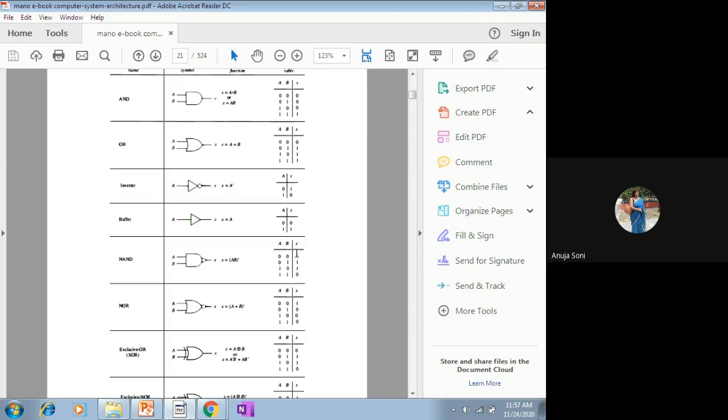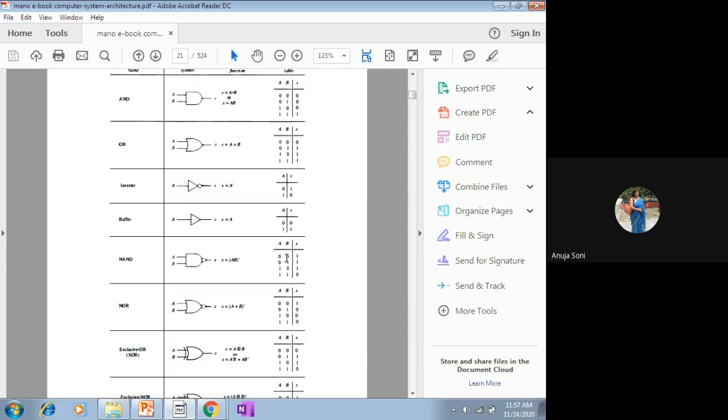And similarly, we have the truth table. Again, two independent variables are there. So how many min terms will be there? It will be 2 raised to power 2. That means there will be 4 min terms. And correspondingly, there will be one output value. What are the corresponding combinations? Again, similar combinations as earlier we have used: 0, 0, 0, 1, 1, 0, and 1, 1. And what value is derived? First of all, the AND of 0, 0 will be taken. Ultimately, its 1's complement will be taken. This way, the value of x will be generated.